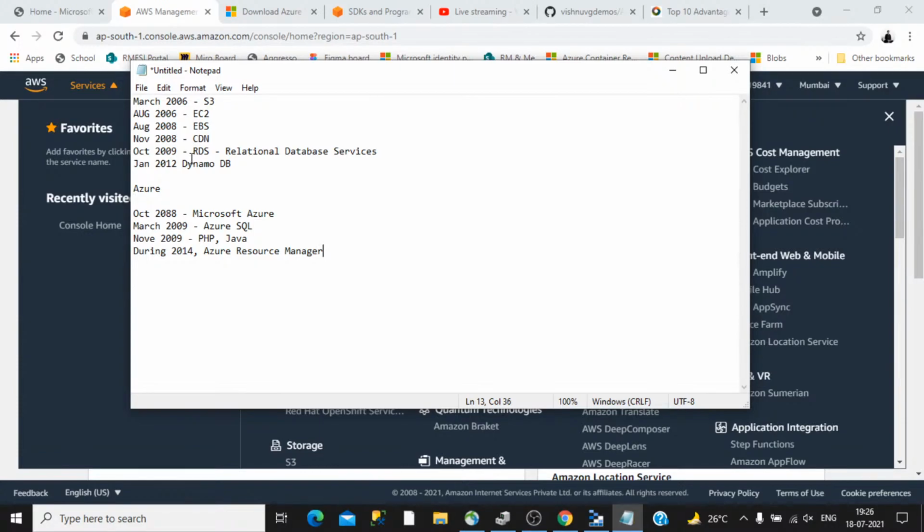Inspired by that, Azure also started integrating that support in terms of the Azure Resource Manager, so that it allows developers to parallelly spin up multiple resources on the fly. That is one of the major things that came into being during 2014.